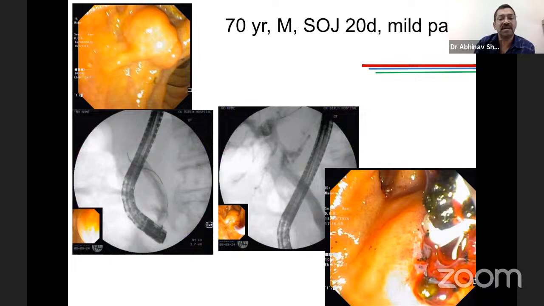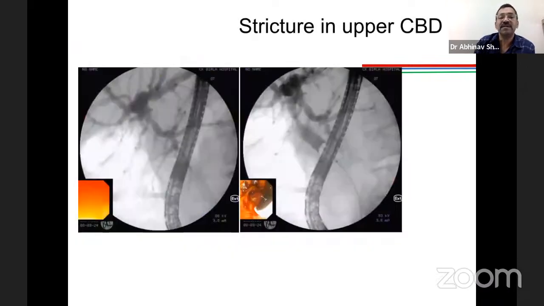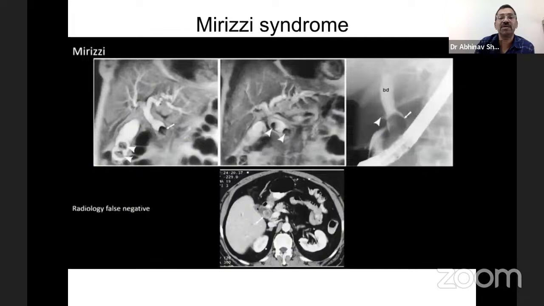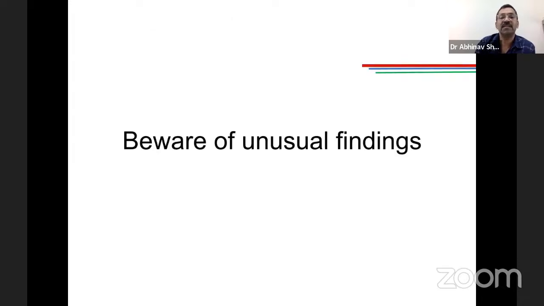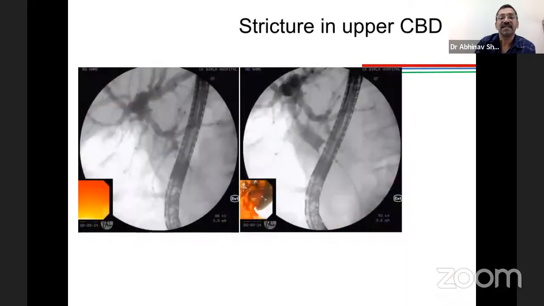Cholangiogram revealed nothing remarkable. We did a complete cholangiogram, but the upper part of the CBD is not very well visualized. We did a small sphincterotomy and balloon sweep. We removed some of the stones, but we were not convinced about the upper part of the CBD because it was not filling up. Even when we put in a balloon and did an occlusion cholangiogram, the upper CBD didn't fill up. So probably there is a stricture.